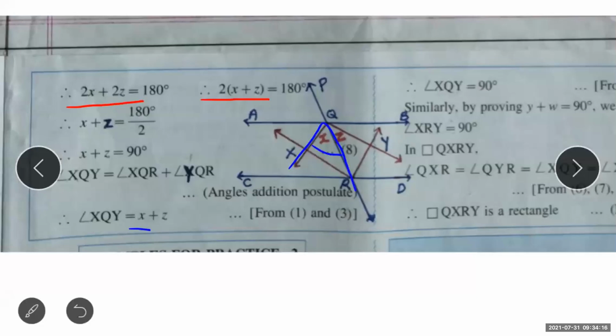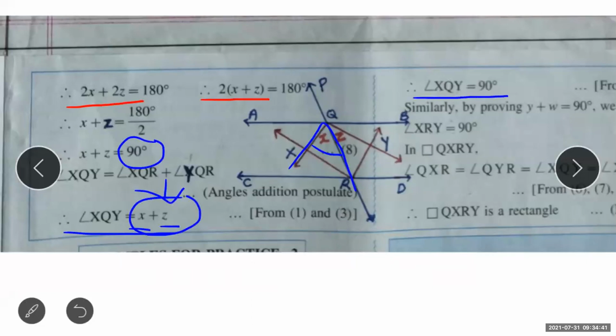Similarly, for YQR, the value is z. Okay. Now we know the value of x plus z is 90 degree. So put the value here. So what will the step be? Angle XQY equal to